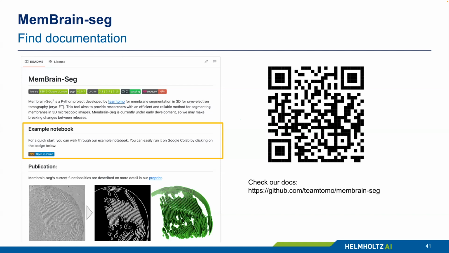And regarding the output format, membrane-Pig is currently only outputting membrane protein positions, so we don't have in-plane orientations yet. So what we do is that we take the positions and put out Euler angles to basically align the membrane for all the proteins. That's what we can do, but then we don't specify the in-plane orientation. And the format currently is some Relion star file format, but we're also very happy to implement other output formats.